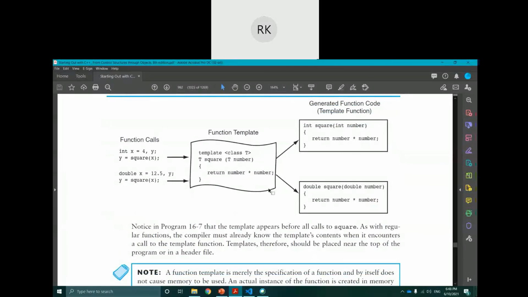You see, we already knew that this is the generic template. So if we call with an integer value, the compiler will automatically generate one version of this as an integer, and next time if we call with a double value, the compiler will generate a second version of the same template in memory, and we can handle both like this.